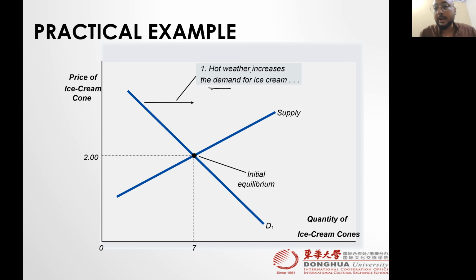Plus we have a second clue, that increase in demand. So we have a second clue that this is a case of shift in demand. If it says hot weather increases the quantity demanded of ice cream, then we say that this is a case of movement in the demand, not the shift. So if you understand all this stuff,